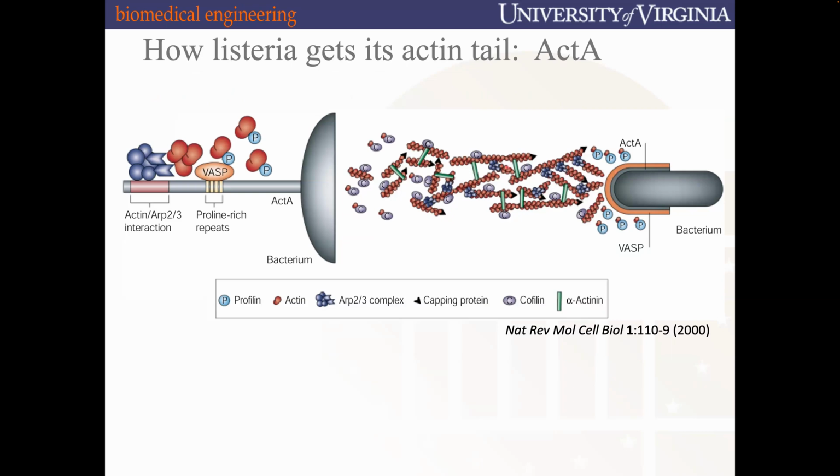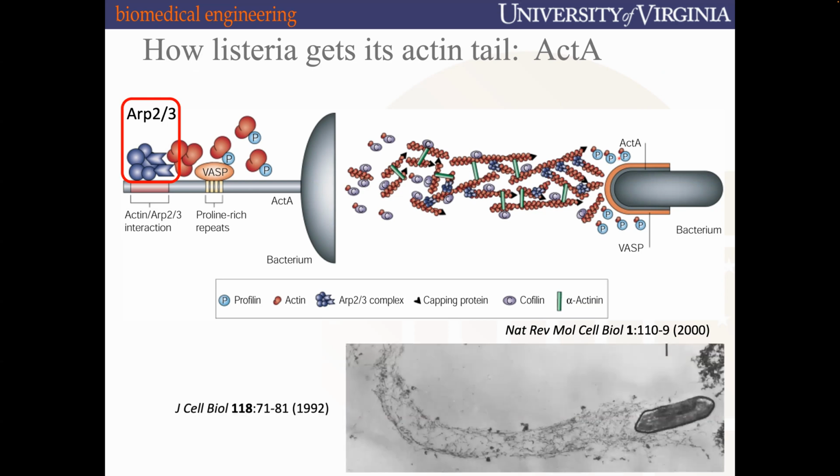So it has this ACTA2 tail. What this ACTA2 tail has is this ARP2 activator, which allows, again, for the nucleation sites or the new polymerization of actin to occur. And this is occurring on the end of the Listeria bacterium. So it's bringing in all of these actin monomers and binding to this one end where ACTA2 is present on the bacteria, and it's enabling this force to propel it because of this polymerization that's occurring on the back end